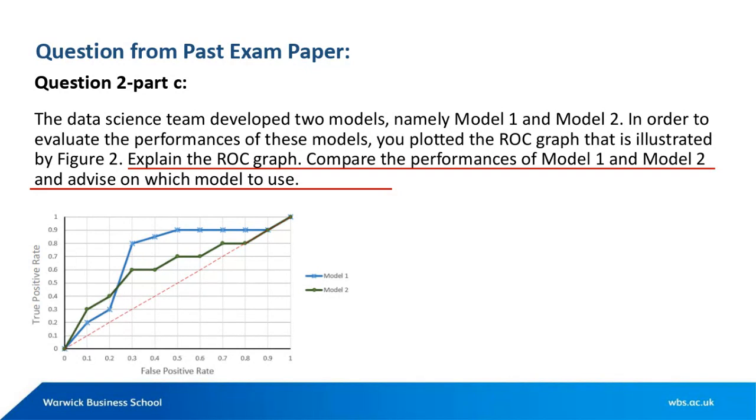Again, another question from the past exam paper. Here, this is part C on question 2. The data science team developed two models, namely Model 1 and Model 2. In order to evaluate the performances of these models, you plotted the ROC chart, which is illustrated in this figure. Explain the ROC graph, compare the performances of Model 1 and Model 2, and advise on which model to